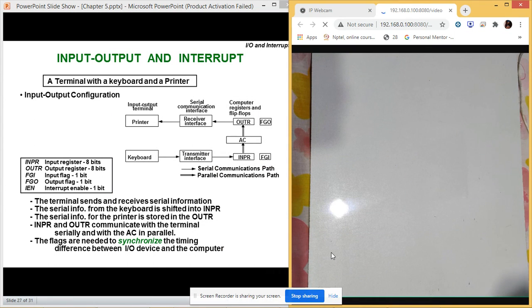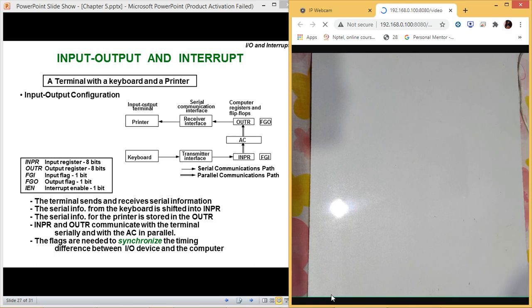Hello everyone. The next topic which we are going to cover today is input, output, and interrupt. As you know, and as we have also discussed in the starting, all the communication which happens inside your CPU is in parallel, and the transfers which we do with the output devices or input devices are done in the form of a serial device. So this is what we are going to cover in today's topic.